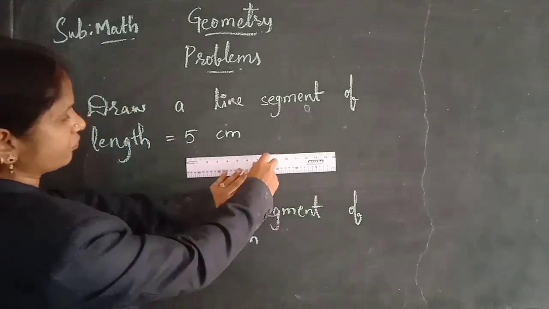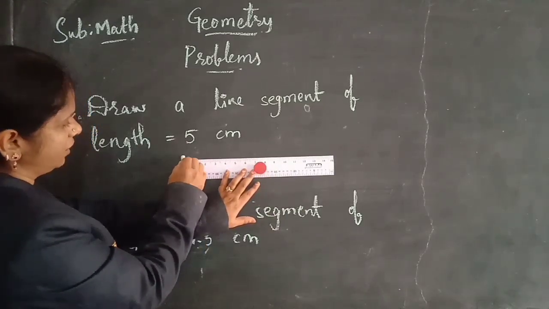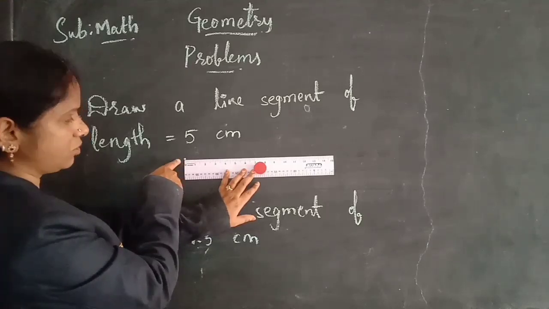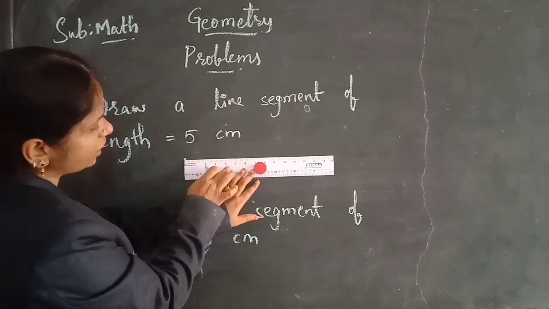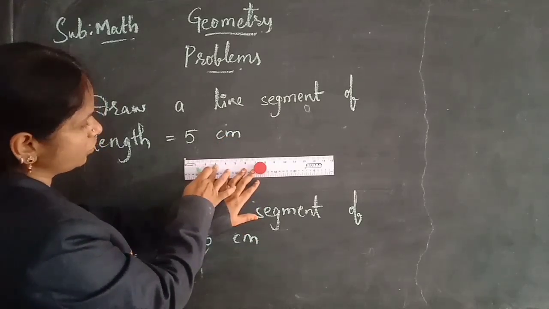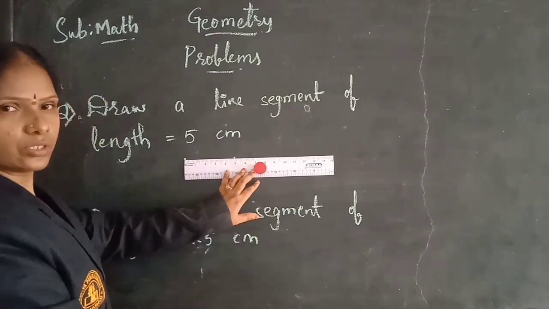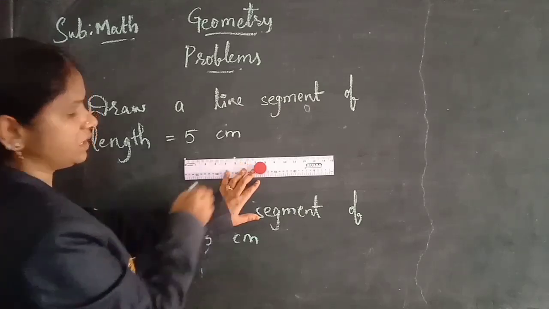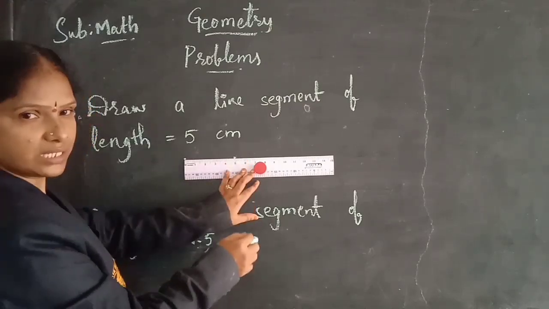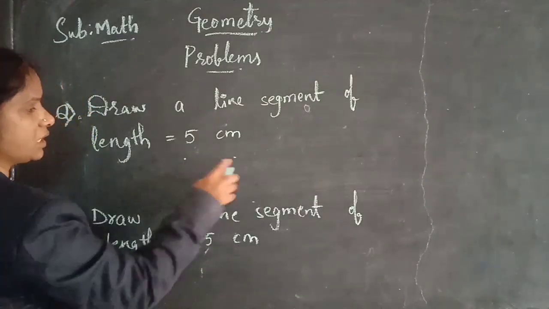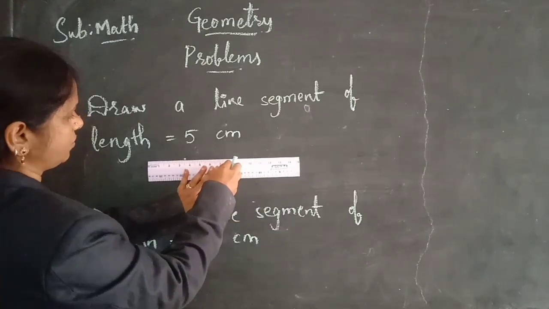Here you see I am holding it like this on the paper. See, first endpoint or starting point at the 0 and second on the given number. The given number is 5 centimeters. So here 0, after that 1, 2, 3, 4, 5. You can see the numbers on the ruler or on the scale. So mark it here at the 5 centimeters. First endpoint at 0 centimeters, second endpoint at 5 centimeters, children. So here these are the 2 endpoints you can see, and join the 2 endpoints.